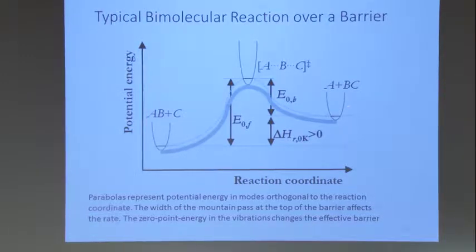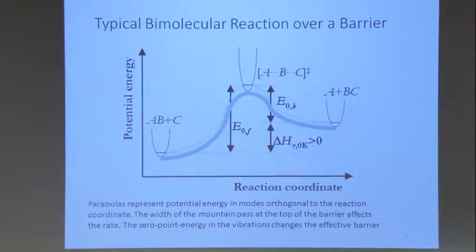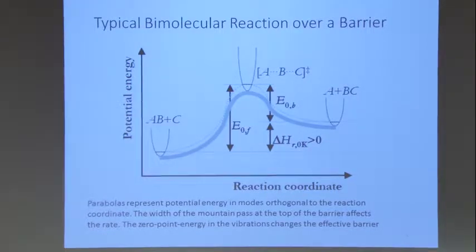And the same for the reactants, they have a little bit of energy. And the difference between the zero-point energy here and the zero-point energy here is what we call delta U or delta H at 0 Kelvin. That's the minimum energy difference between the reactants and the products that you can physically achieve, including the effects of quantum mechanics, which say that there's zero-point energy. And that's what you would measure if you measure the energy difference at 0 Kelvin.